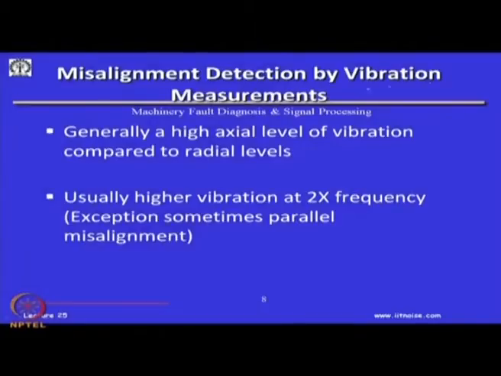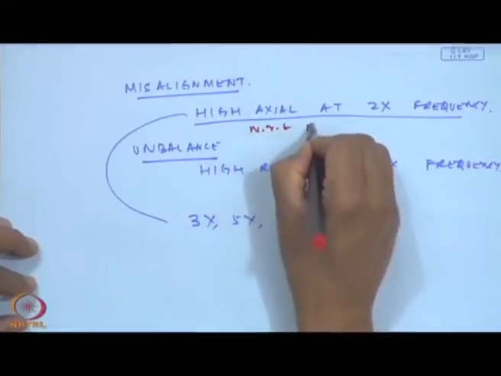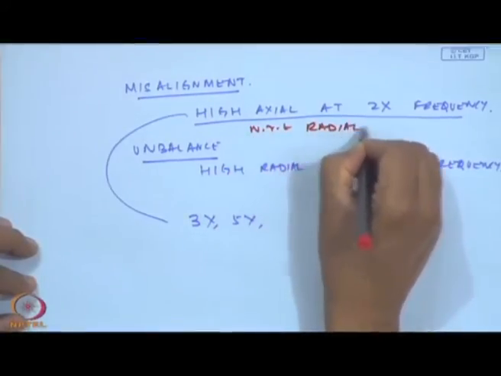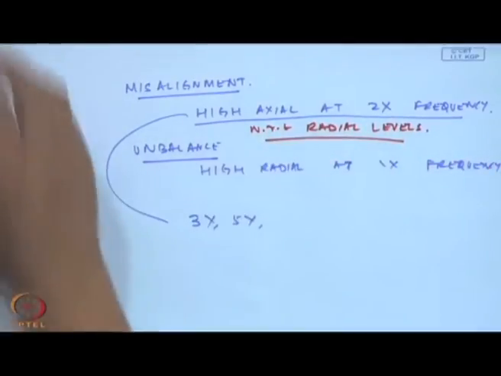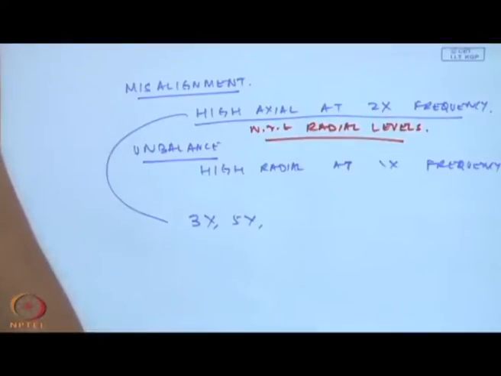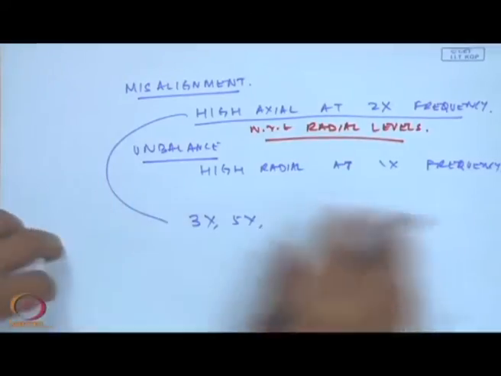So, misalignment detection by vibration measurements. Generally, a high axial level of vibration compared to radial levels. Compared to radial levels, that is a good way to look at it. But sometimes exceptions are there, as in parallel misalignment and so on. And now, what I am going to show you is